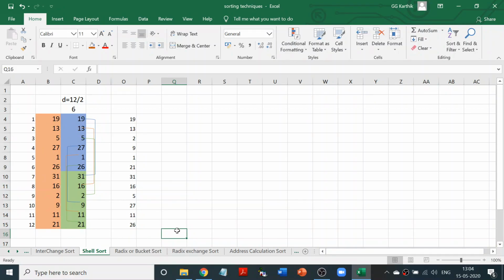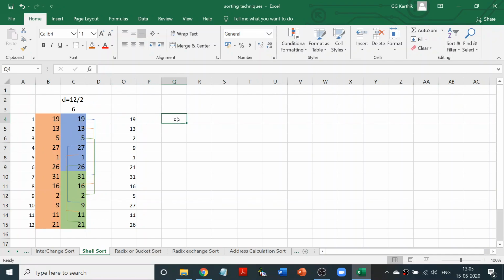So we compare ones with ones, twos with twos, threes with threes. In this case, there is a 1 here and a 1 here. It is already compared. In other cases, there will be more than 1. There will be 3 ones, 4 ones, and there we have to go for the second step also. Step 2 is required. Here this iteration had only one step. You just compared 1 and 1, 2 and 2, 3 and 3. That's it, this iteration is over. Right, so let me go to the next iteration.